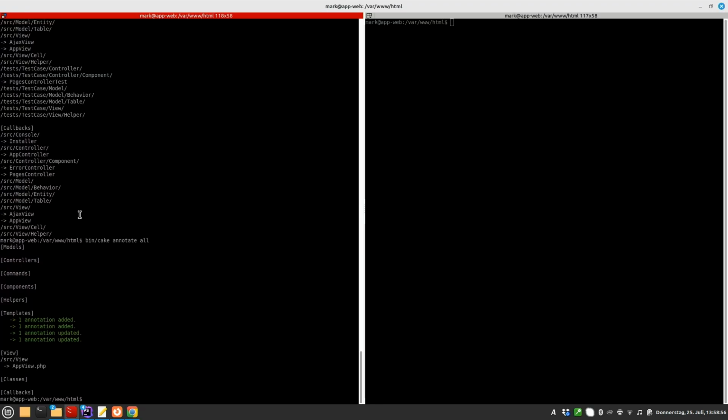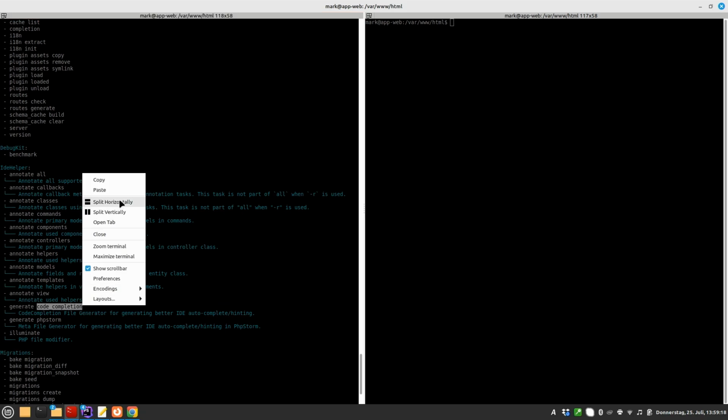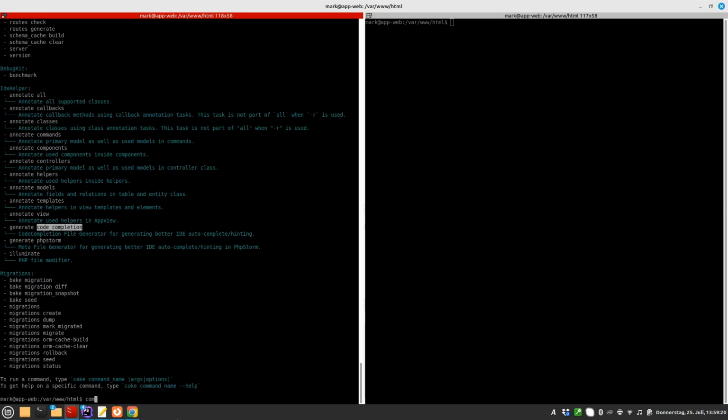So the annotator ran. If we look into the IDE helper again, we have an illuminator. We don't need that for now. That's more to actually generate speaking class constants instead of magic strings. We want to use the PHPStorm and code completion topics. So both of them we can generate with composer bin cake